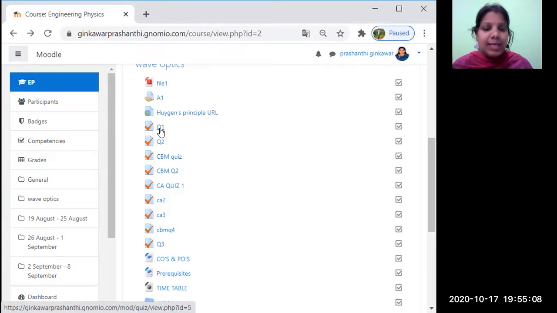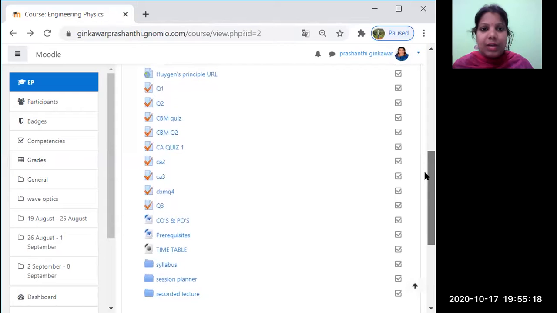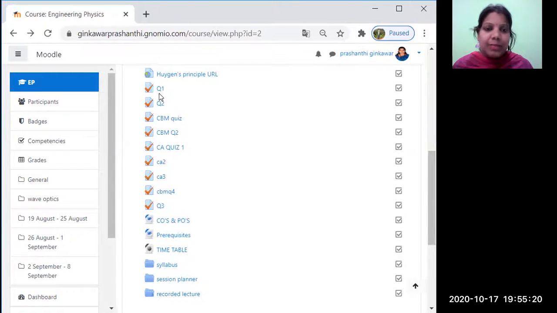Then coming to the quizzes, these are the MCQs. Q1, Q2 are MCQ quizzes. In this Moodle software, I observed 3 different kinds of quizzes explained in online teaching. Q1 is a simple MCQ quiz. Then the CBM quiz is a certainty based marking quiz. Whenever a student opts for any one option, suppose he opts for option B, then the certainty of that option will be reflected.